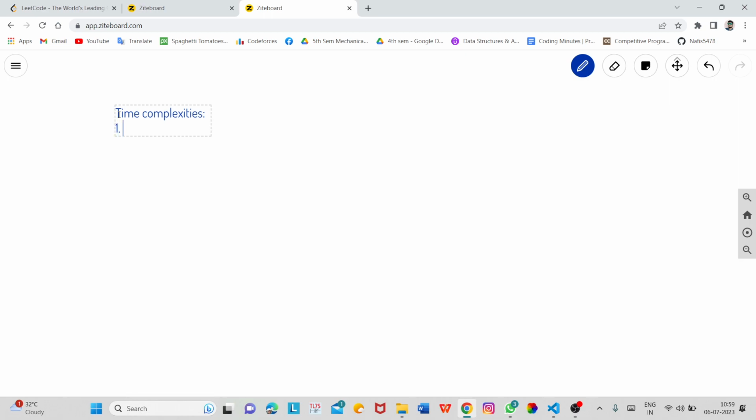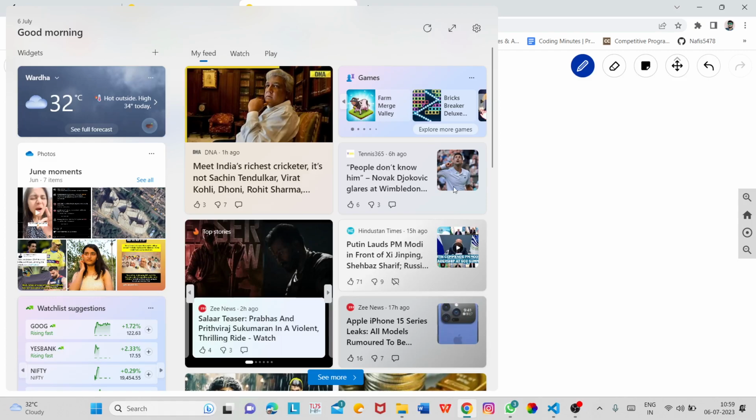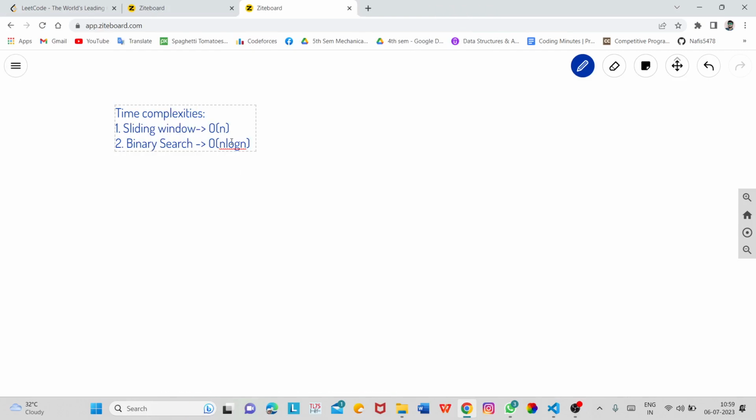For the first method, sliding window, our time complexity was order of n, and for our binary search, the time complexity was n log n. So this is the reason why the runtime of our sliding window was less as compared to the runtime of binary search.